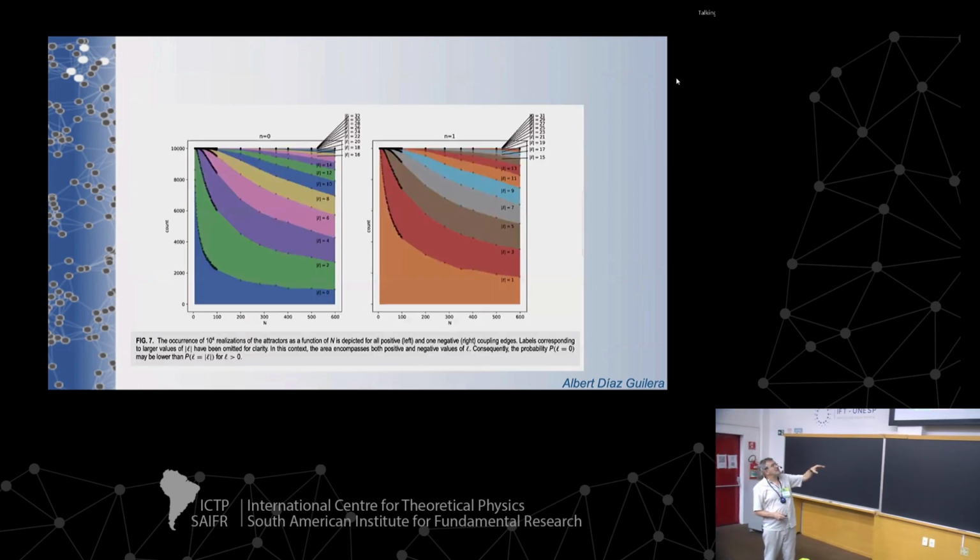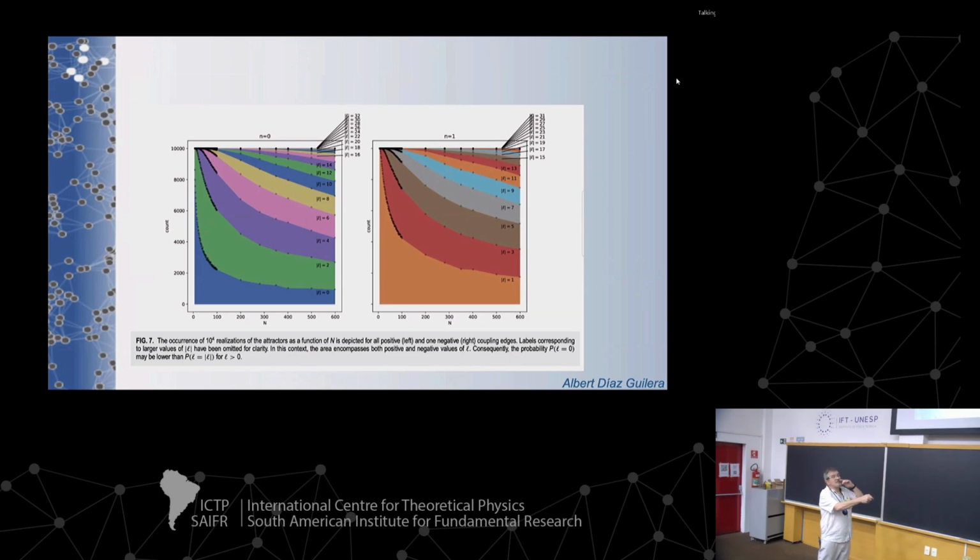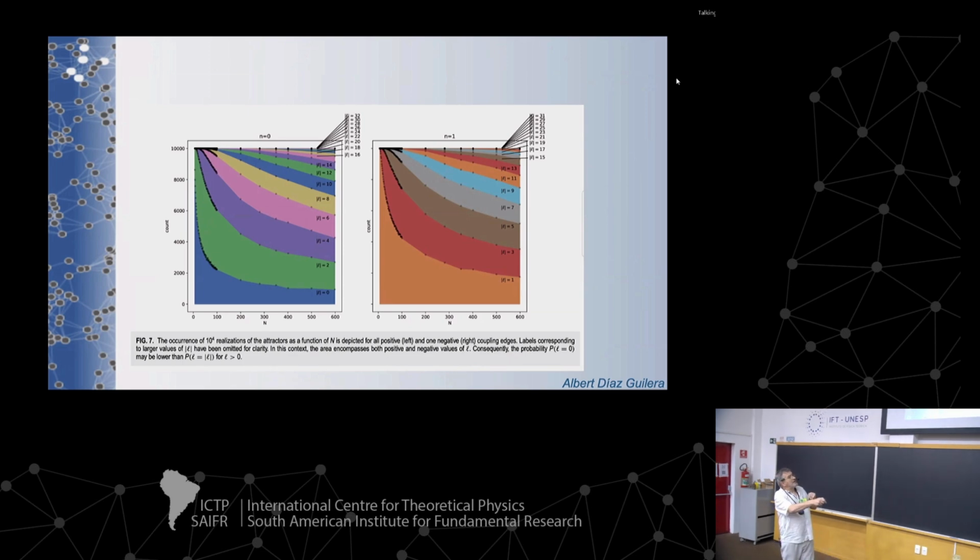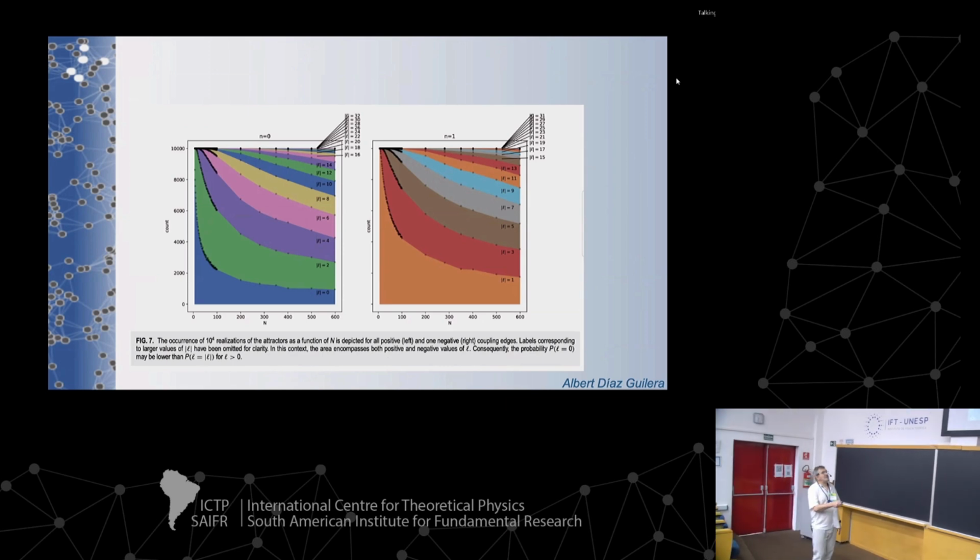Of course, this is a way to identify it as a function of the number of oscillators. If you increase the number of oscillators, you see how the number of stable states increases. When you have very few oscillators, you have just a few solutions, but you can go to very large numbers in which you have many of these solutions, with a reasonable basin of attraction size compared to that of the synchronized state. This area here is the synchronized state, L equal to 0. But in this case there is no synchronized state, because the smallest value of L is 1, since we have one negative link. This makes our system unable to synchronize.